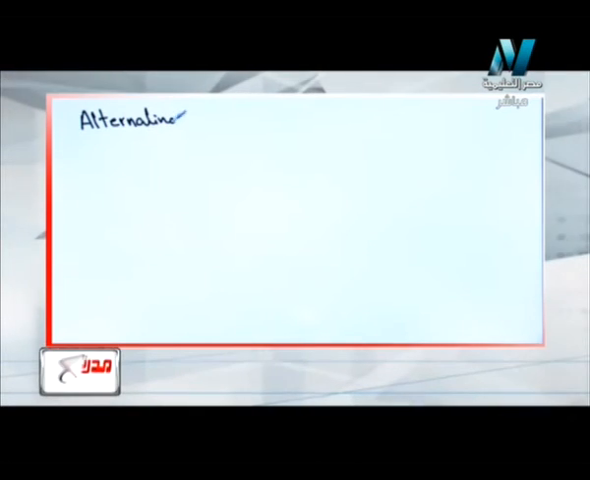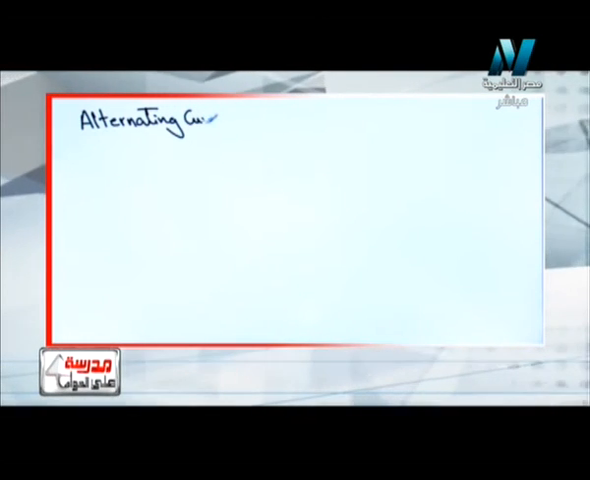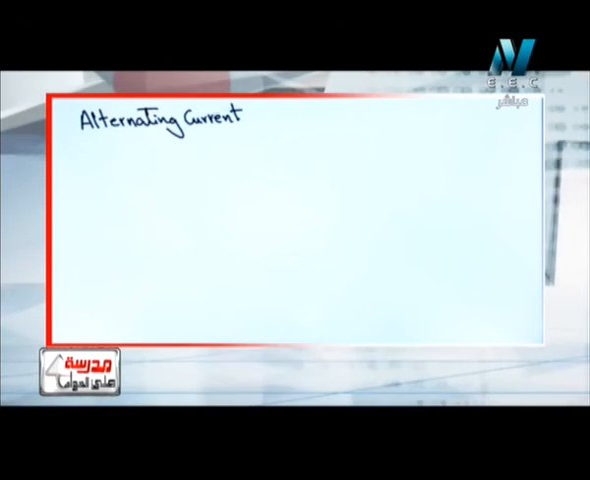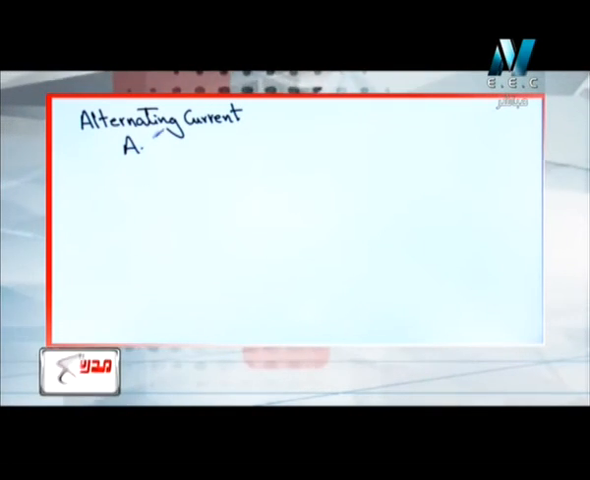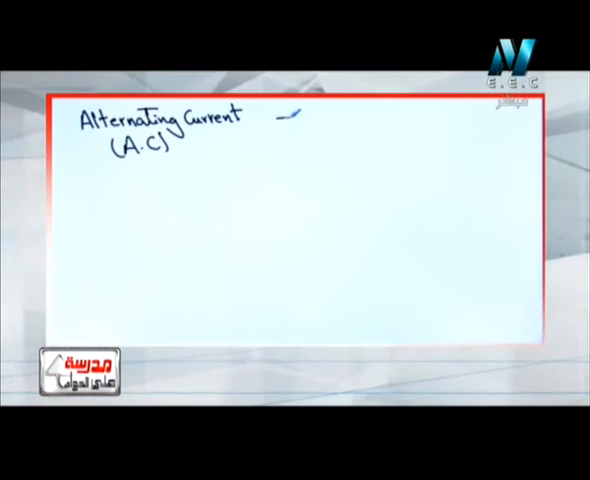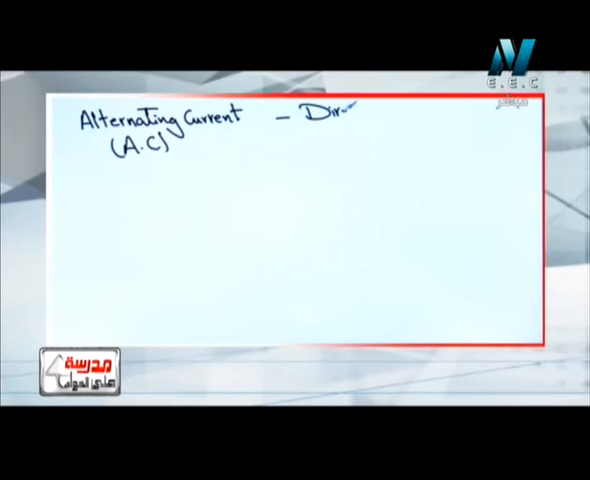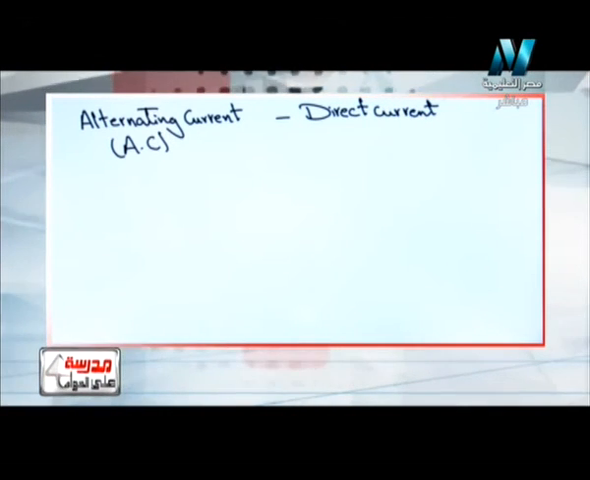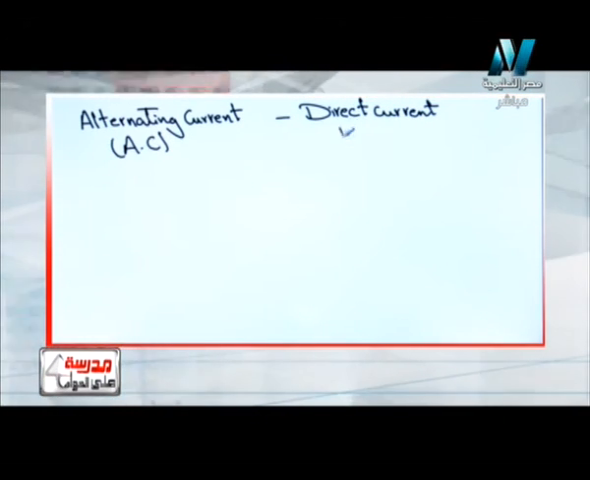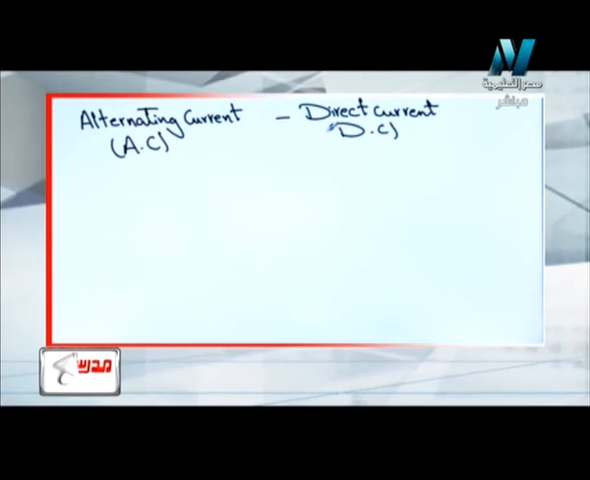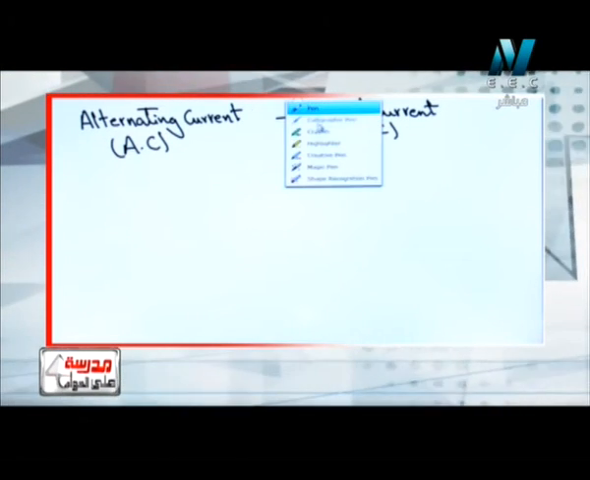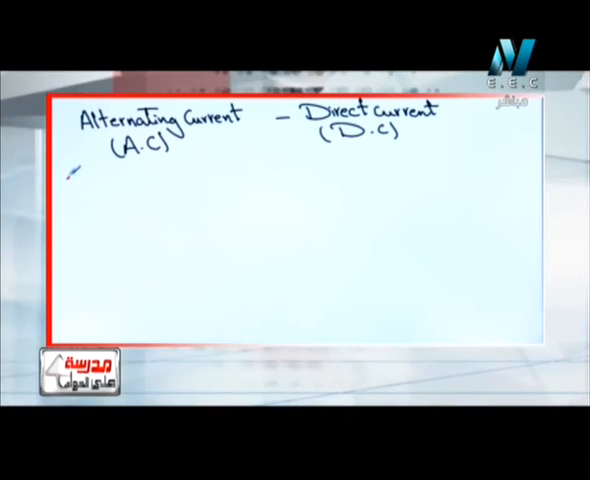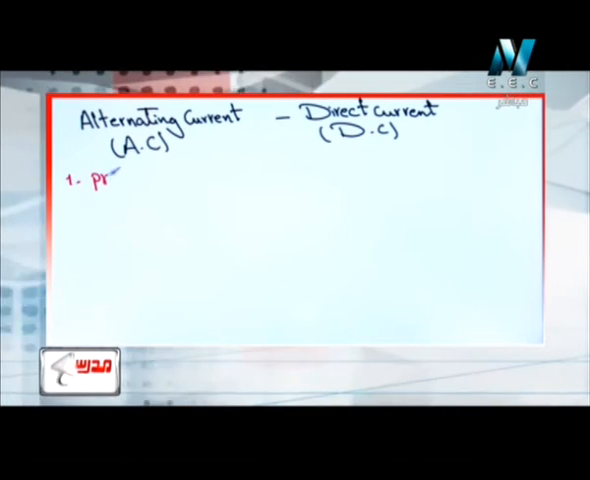Alternating current, which means AC, is always written A dot C. And we have direct current, which means DC. Okay? Number one, the first point here: alternating current is produced from